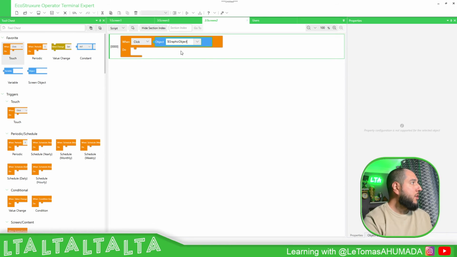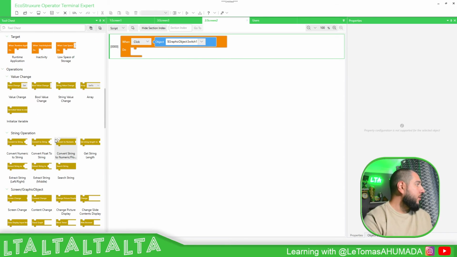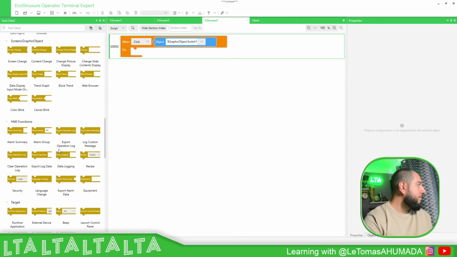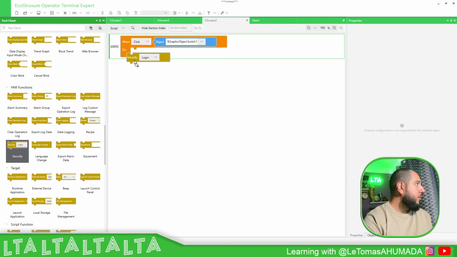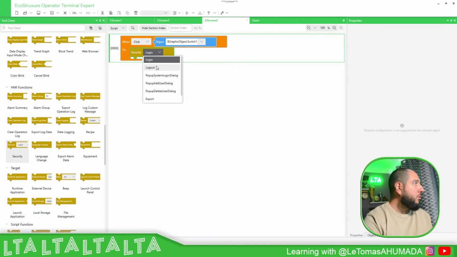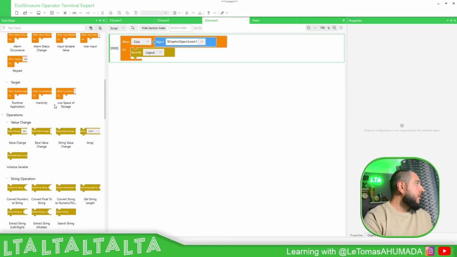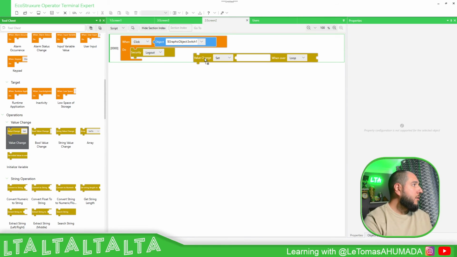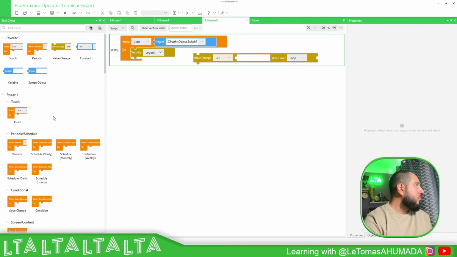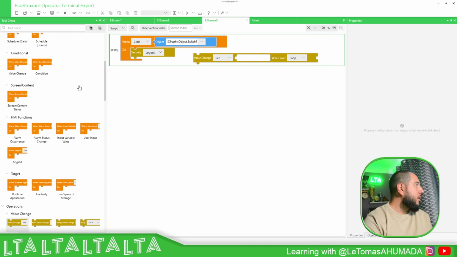You must name the object properly so you know which one is the one you need to use. And here on security on the screen on the HMI, security logout, and you can specify the where is it,